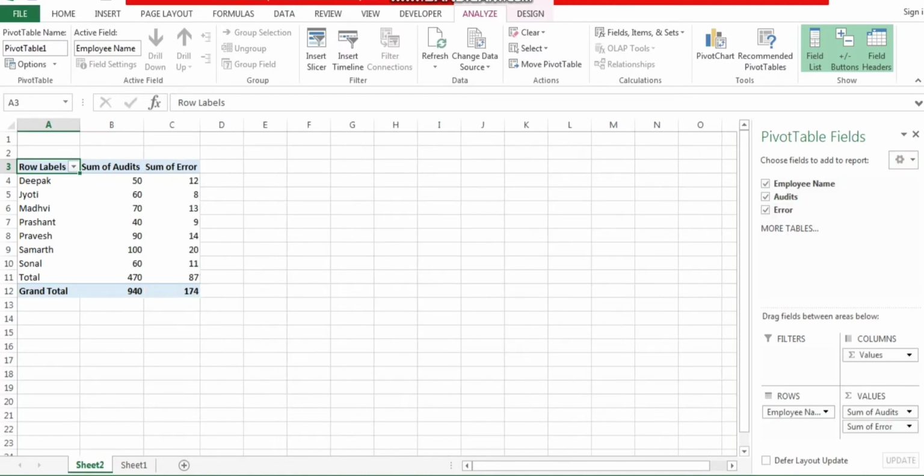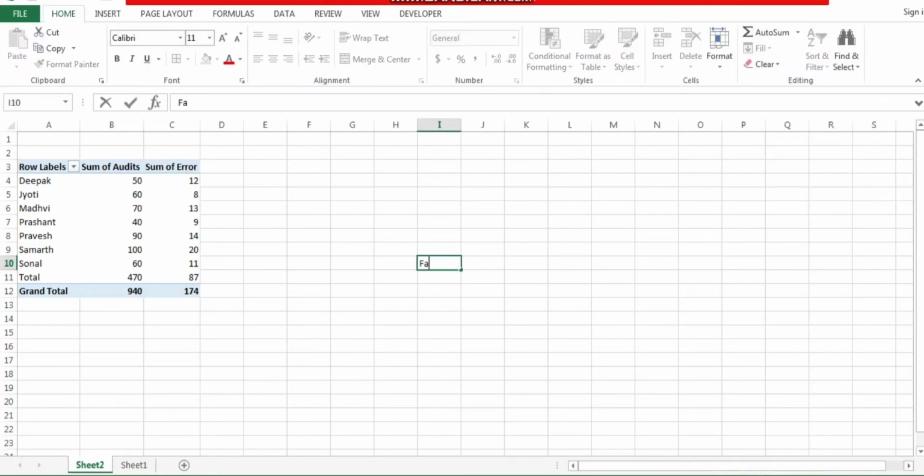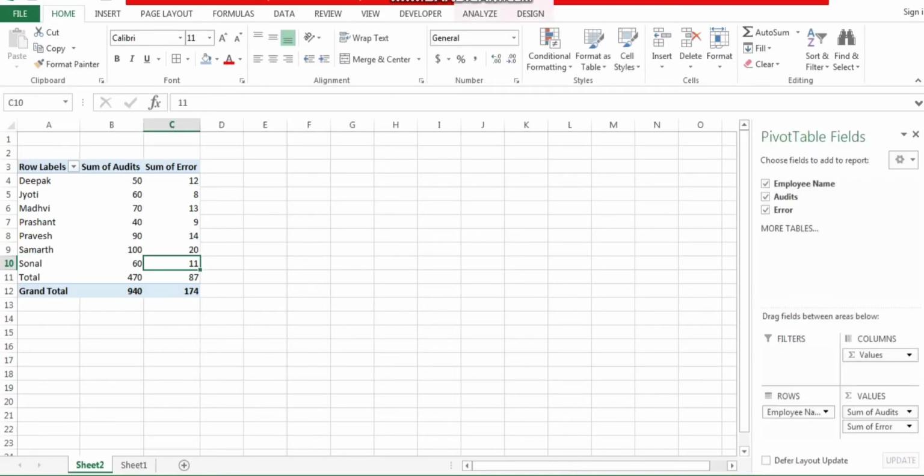It's up to you what sort of data is required and what calculation you require. After done with that, now I want to calculate fair audit percentage. Fair audit percentage in the sense of how many audits are failed and what calculation we have received. Any formula you can do. You can also calculate CSAT, accuracy, defects, defect percentage, or contribution. It's up to you.